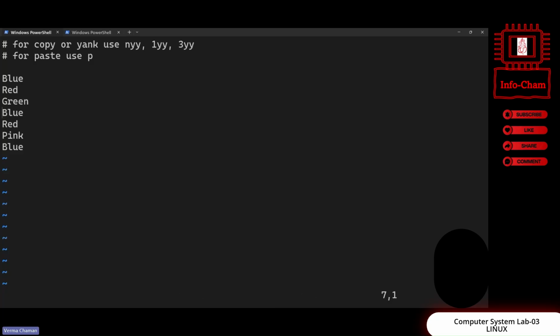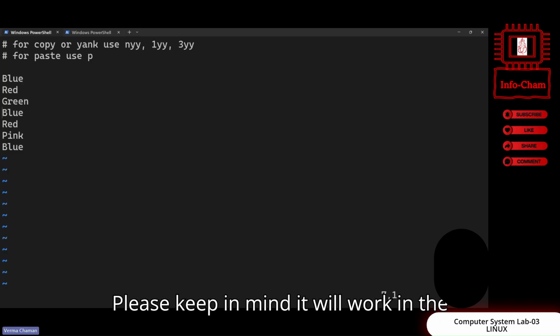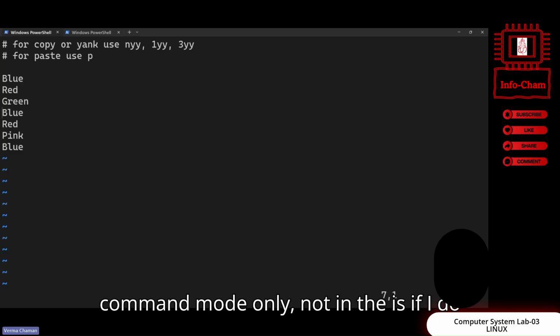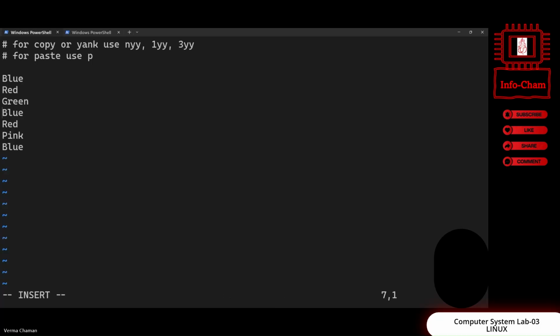Let me know, is it okay for you? Please keep in mind, it will work in the command mode only, not in the insert mode. If I do insert mode, that means